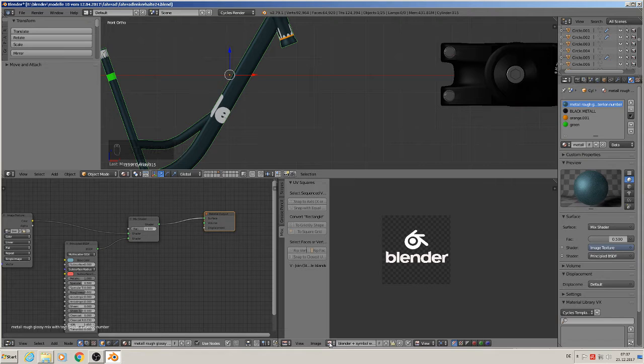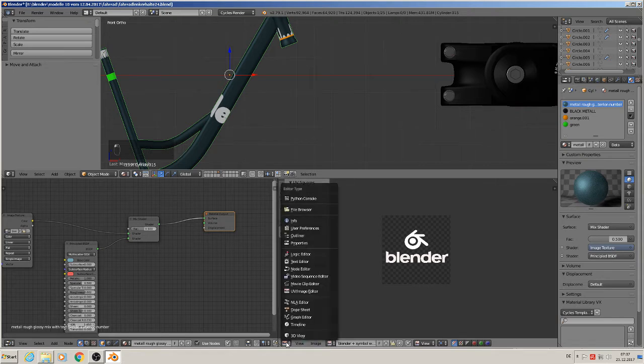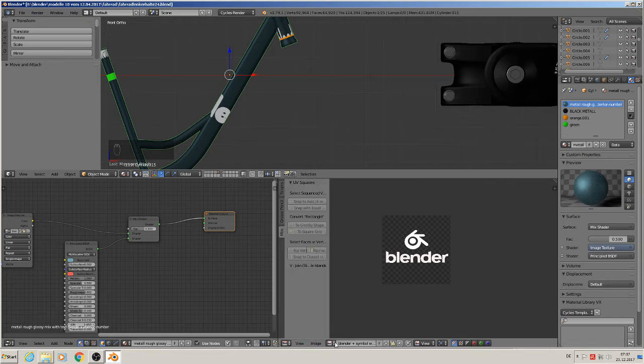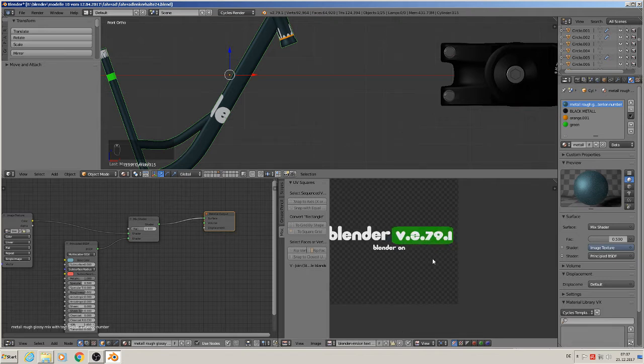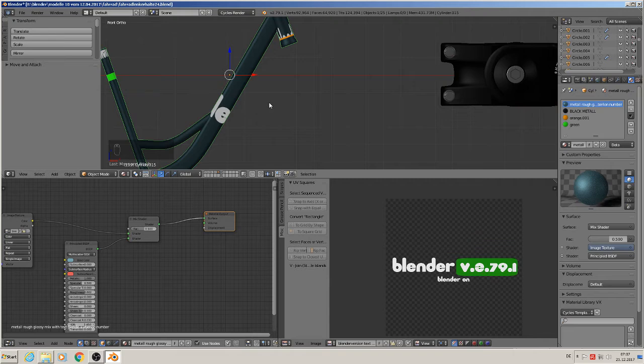So here we now search in the UV image editor, that is the UV image editor, we search for our texture with the version number. So now we have to search here for the Blender version text with alpha. Yeah, that is it. So when we now hit tab,